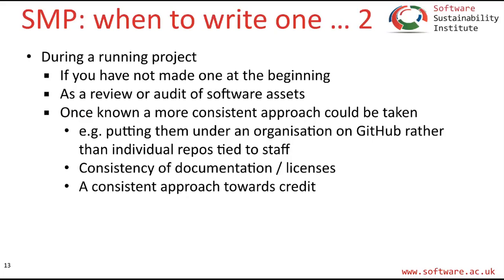having consistent documentation, whether you want to use GitHub's wiki or Read the Docs or some other system, Jupyter Book for example, and what licenses you use. It might actually surface the idea of which license you want to use. And also, an important one, it's not just about the source code, it's also a consistent approach towards credit. How will different people get credit for contributing?